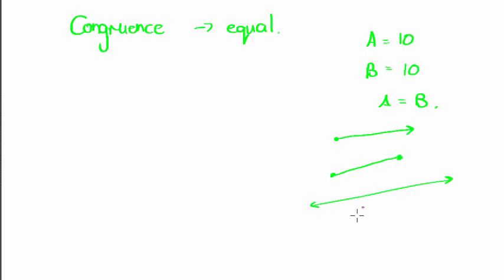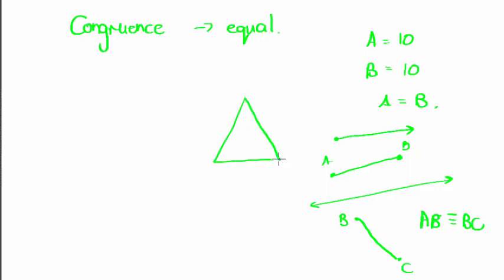If I have a segment in length the same as another segment, so let's say this is AB and this is BC, then AB equal to BC would mean it's the same line. It's not the same line. It is congruent to BC. It has the same length. Do you understand? So if I had a triangle here, when you refer to length and you just say AB is equal to BC, that's okay.